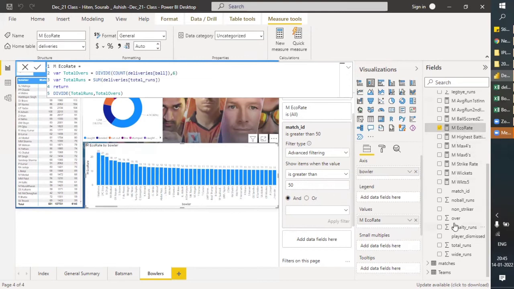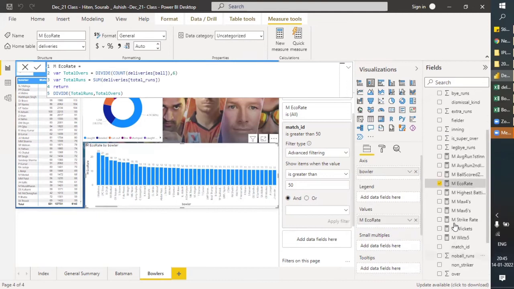Not this. We already had a DAX of total matches, right? Total wickets. This will not do. So this is doing something wrong.